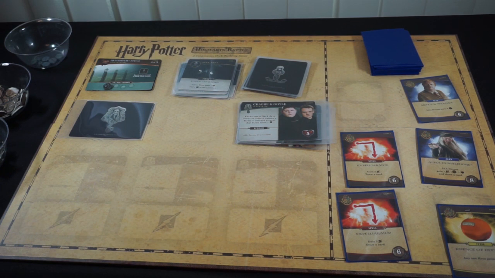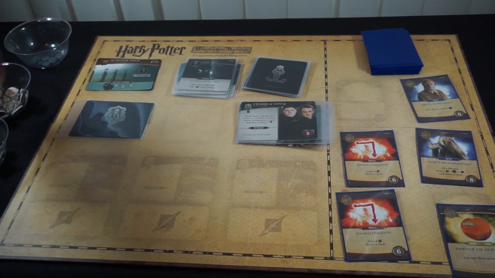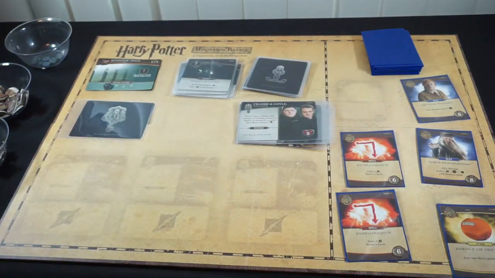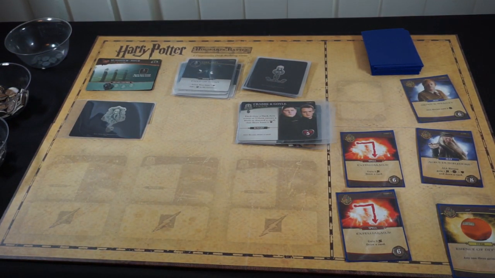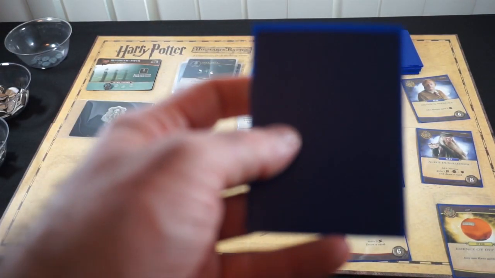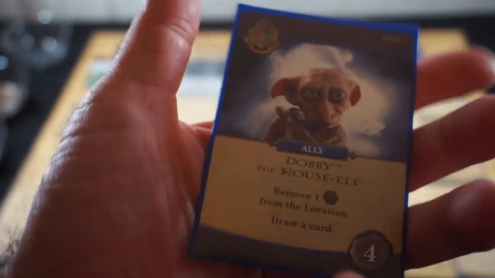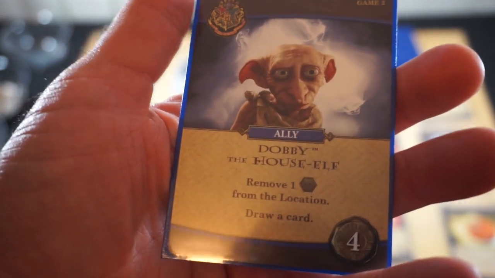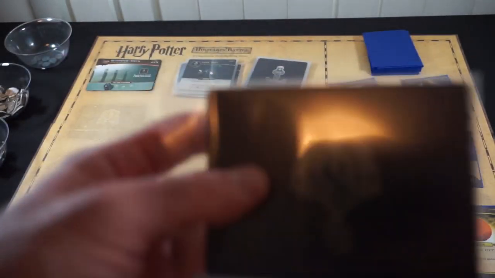So all of this will move to Hermione's discard pile, along with the coins going back to the supply. 1, 2, 3, 4, 5. We'll look at our draw. I don't think this game is lasting too much longer. We'll find out, though. Coming out to replenish the market, we have Dobby the House Elf for 4. Remove one villain control from the location and draw a card. So our last villain